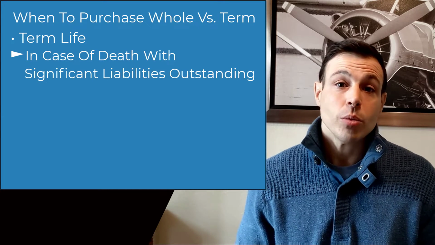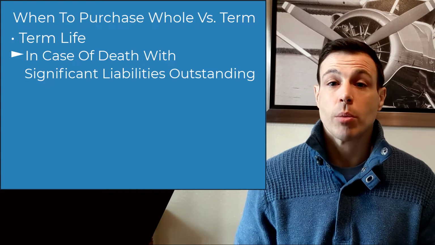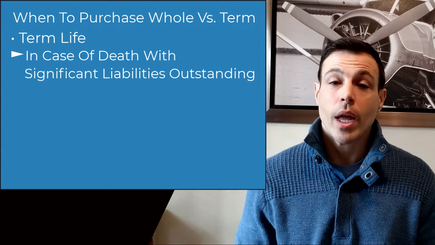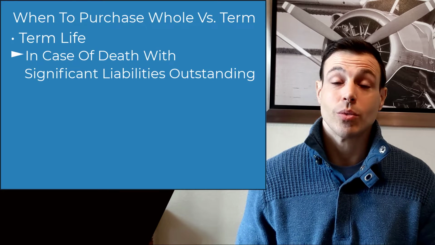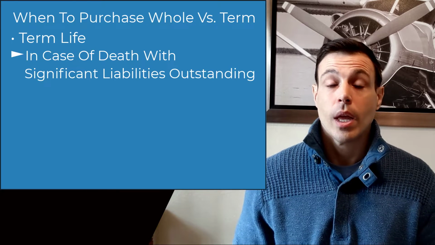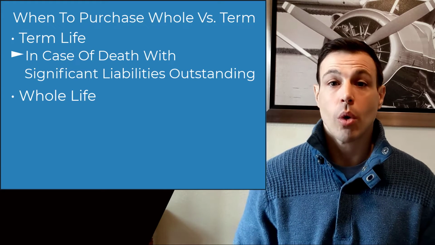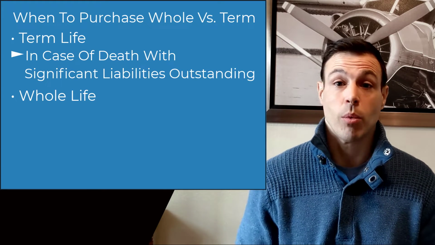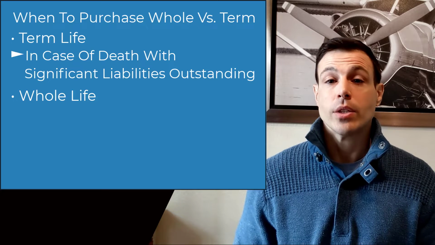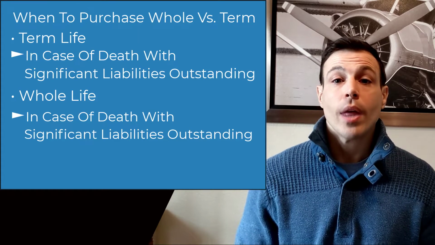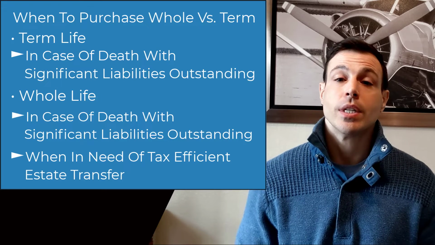And again, assuming you're in good health, the insurance company knows that it's statistically unlikely they're going to have to make a payout, and so a term life insurance policy is really quite affordable. And so this leads to the next question: why do people purchase whole life policies if they're relatively more expensive? And so think of a whole life policy as a term policy with the added feature of tax-efficient estate